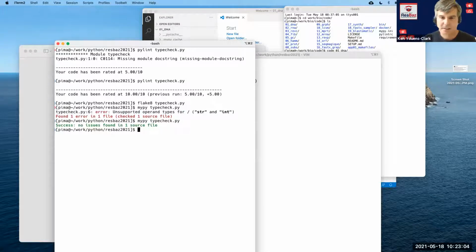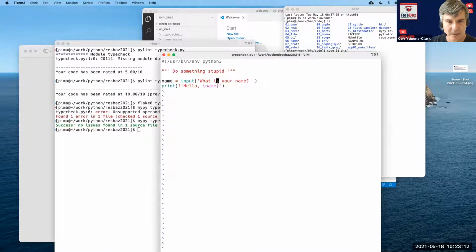So this is something that's new to Python, the addition of type hints, and I can actually put in here a type hint, and it looks like it does in other languages. It's a colon followed by the type. So the str type in Python is a string. So if I say name is a string, then I'm actually annotating it in the source code.